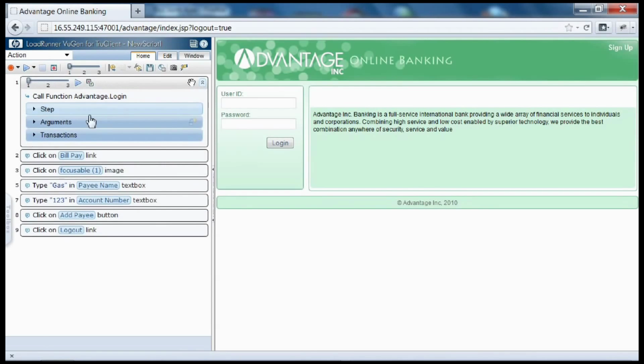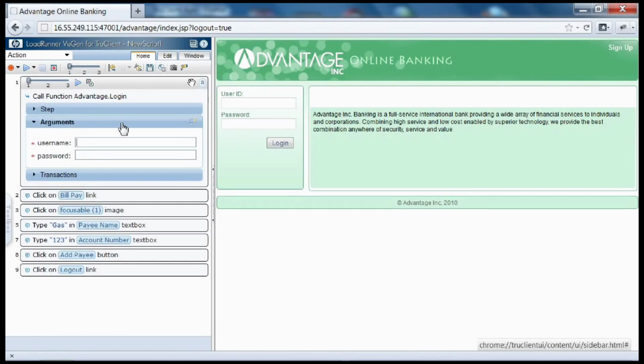Now we can go back to the script itself and enter the original values we used during recording and replay the script to see it works.